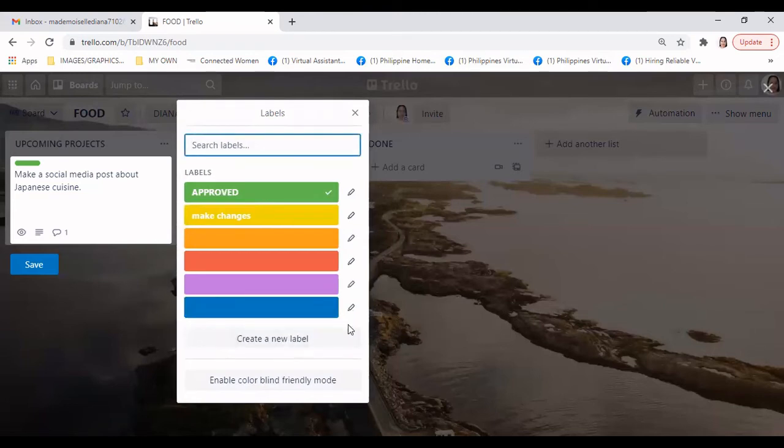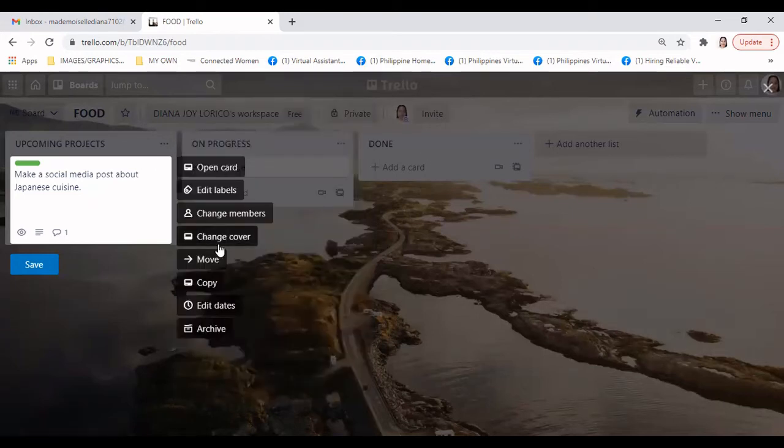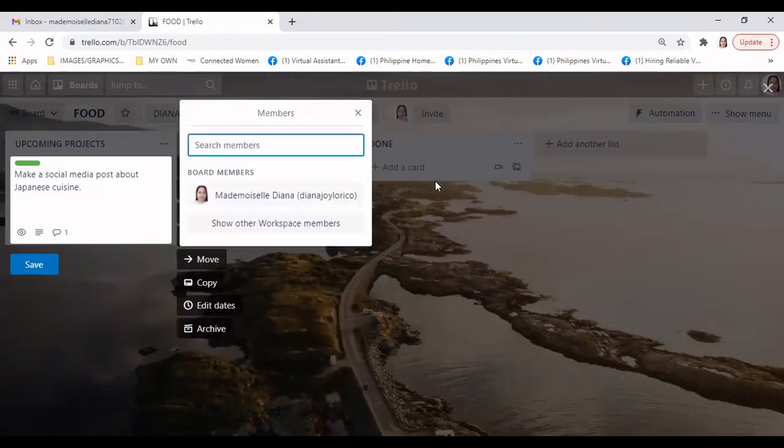Save. Okay, you see? And I make changes. Sorry for a little bit of a mistake. Well, I would like to proceed to the third part, which is change members. So guys, if you have a big team, if you feel like adding here, for example,